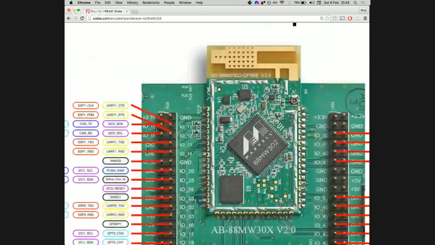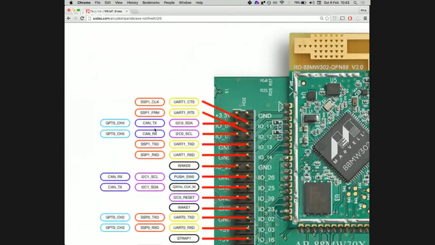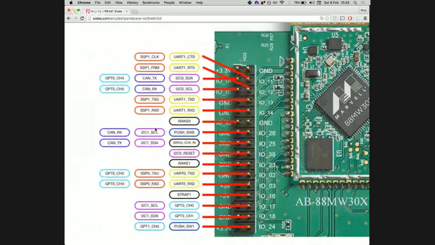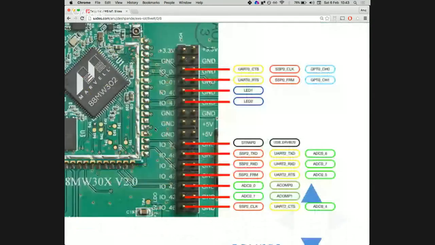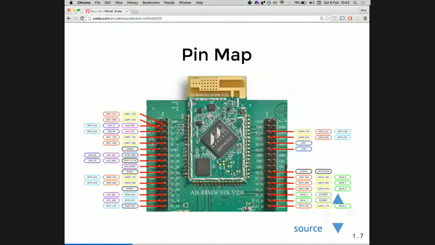On one side of the board, you have multiple UARTs, SSPs, I2Cs, general purpose timers, which you can use as PWM and stuff. On this side, we have ADC channels, again SSPs, wake-up timers and stuff like that. I'll be linking the slide deck, and it has the link to the actual pin map on GitHub. So if you want to take a look at it later, you can still do it.